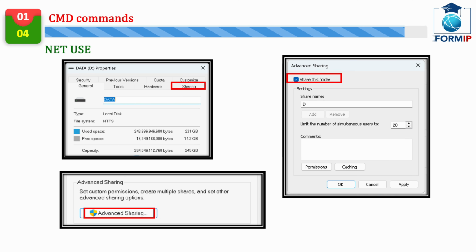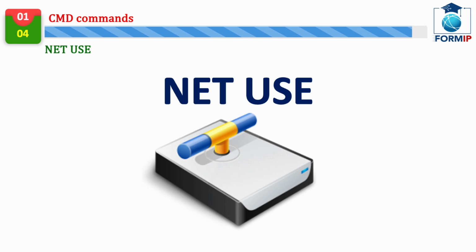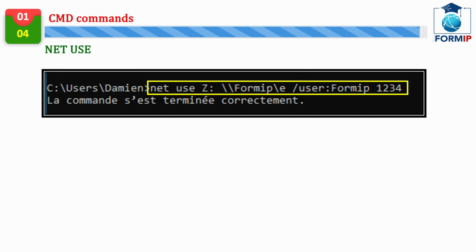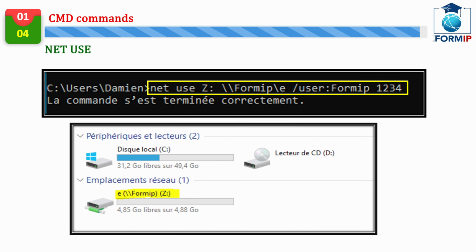Mount the drive. Now I'll be able to use the net use command to mount the drive on my other virtual machine. In a command prompt window, I run the net use command, followed by the letter I want to assign to the share. In the example, I took the letter Z. Then I put the full path to the folder I want to access. Then I have to enter the login and password of the user account who has the rights on this disk. The login is Formip, and the password is 1234. The disk mounts immediately after the validation of the command, and I can therefore access the D disk of the Formip PC from the